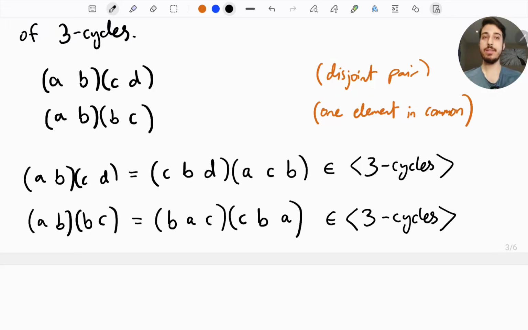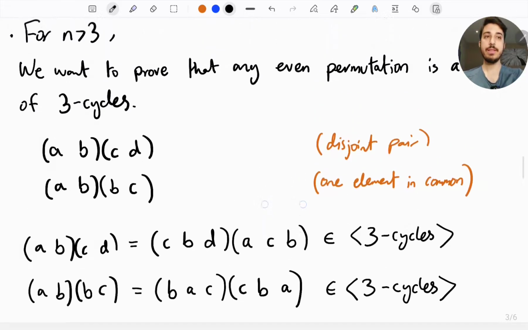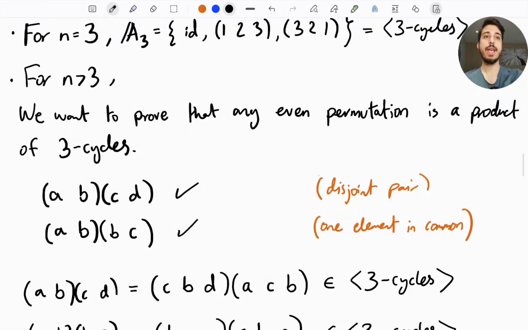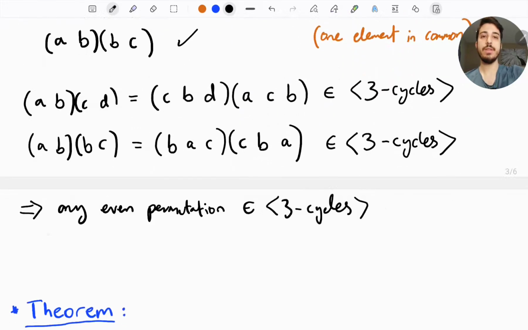So we've just succeeded in proving that all the possibilities for the pairs of transpositions can be written as products of 3 cycles. Therefore, any even permutation can be written essentially as a product of 3 cycles. Therefore, the set containing all of the even permutations, An, is contained inside the subgroup generated by the 3 cycles, and we have succeeded in proving